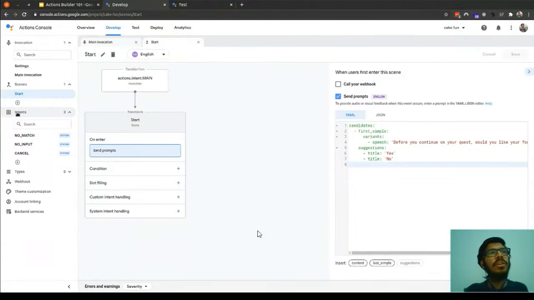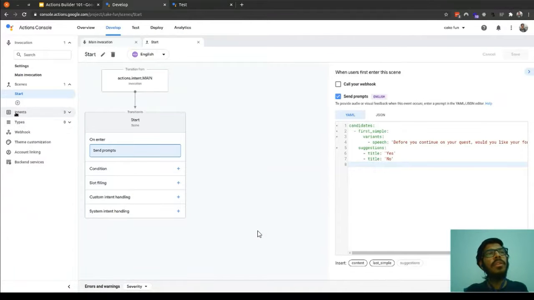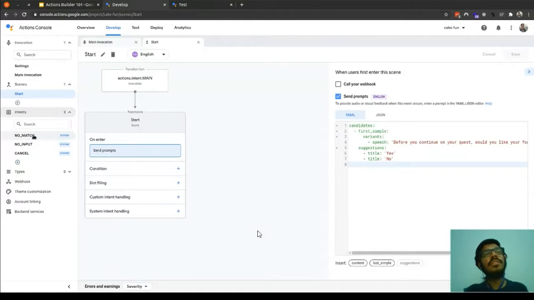As you can see, we have the intents tab over here. Once you click new intent, these are the system generated intents which are predefined. We don't have to code or write any logic for that. It is already predefined. So out of nowhere, if the user says exit or cancel in the middle of the conversation, these are the global intents. So there are local intents and global intents. Global intents are the intents which you can trigger at any point of time.